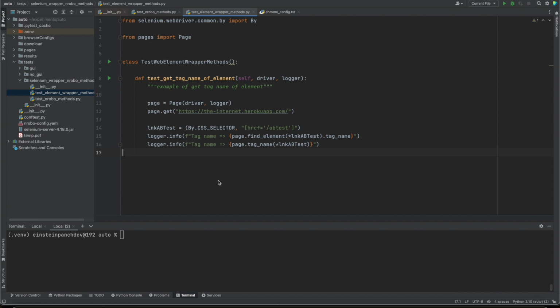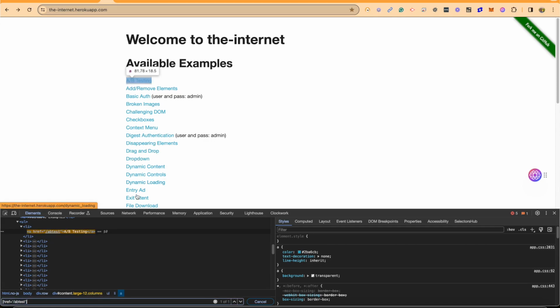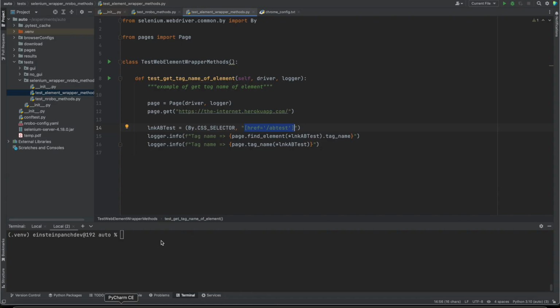Hello, in this example we are going to see how we can get the tag name of a web element. So here we are opening the page and then we are selecting the AB test link on the page. Here we can see that's a locator for the AB testing link, and then we are getting its tag name property using the Selenium